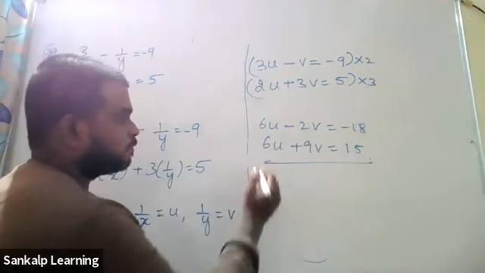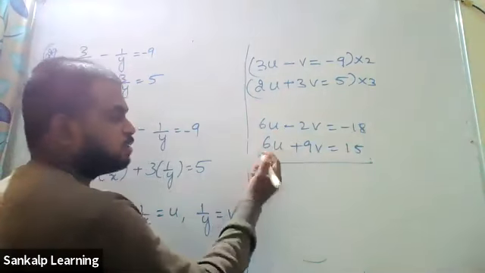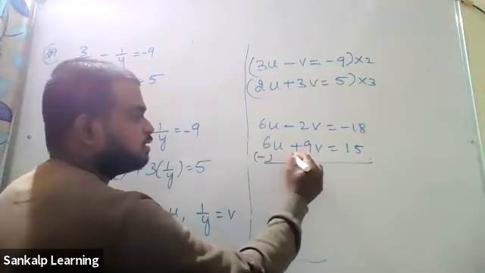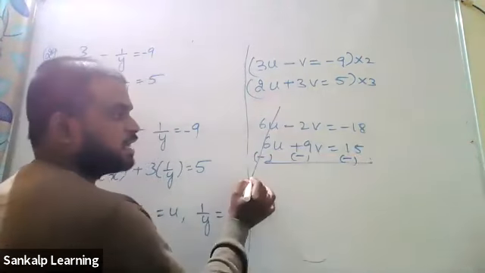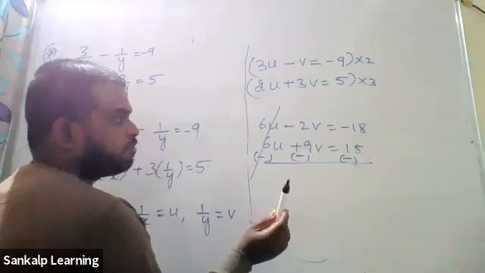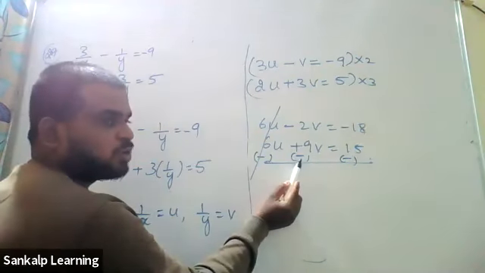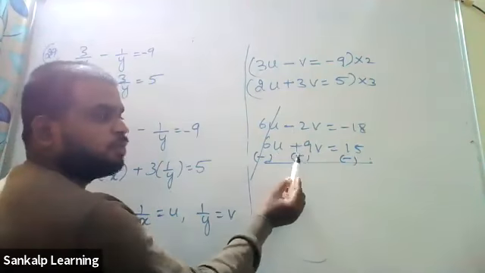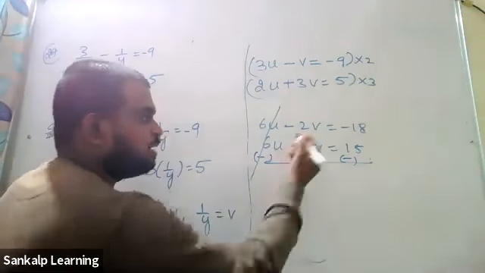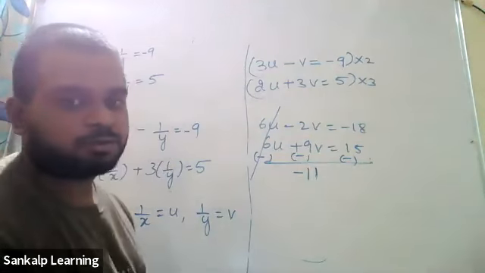It's correct, sir. So change the sign. Both are the same, plus 6u here and plus 6u there. To subtract it, you have to change the sign, so it gets cancelled. Here it doesn't become 7. Did you make the mistake there? Here there is a minus, and the new sign is also minus, which means you have to add it. 9 plus 2 is 11, minus 11. Understood? You should not subtract.